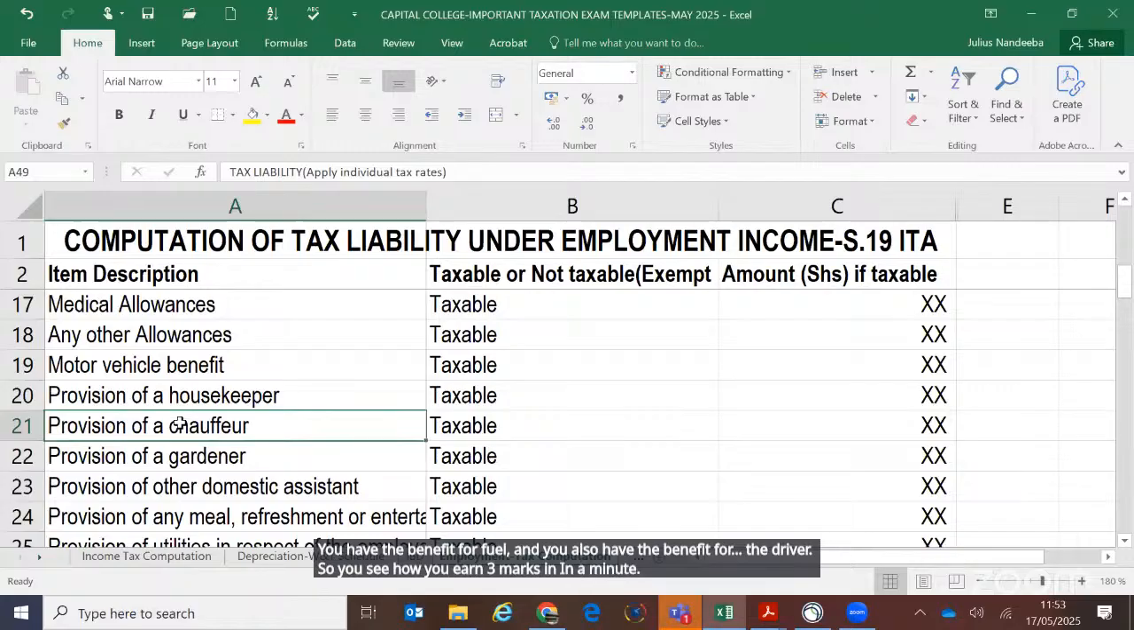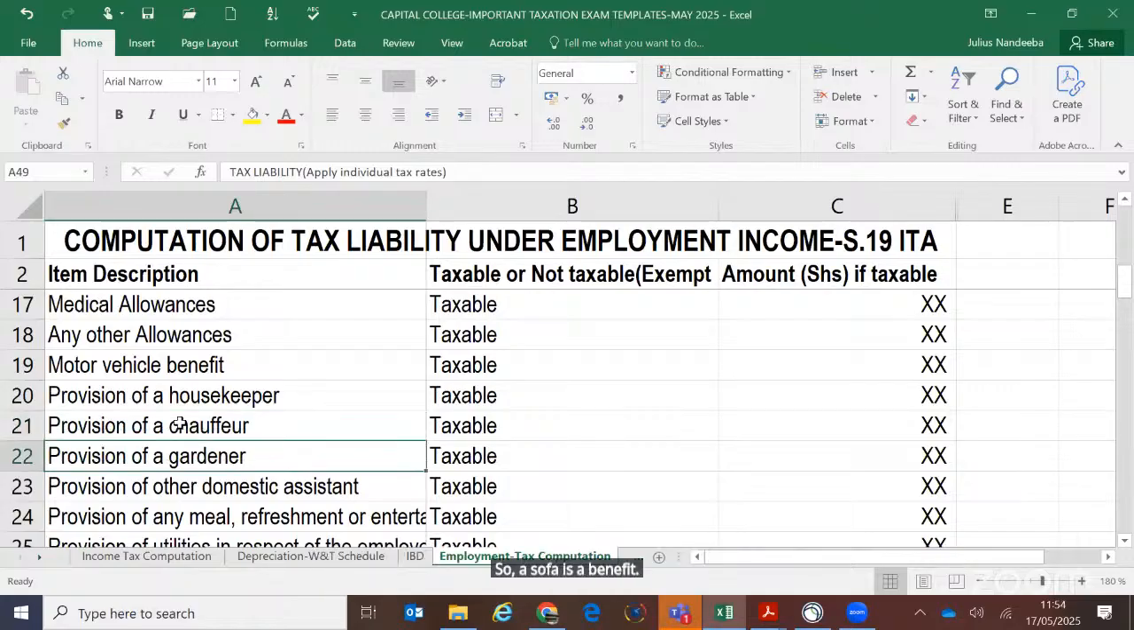So a chauffeur is a benefit. Provision of a gardener is a benefit. Other domestic assistance, as long as it is the company paying them on your behalf, then they generate a benefit for you, and we're going to see how that benefit comes. Provision of any meal,